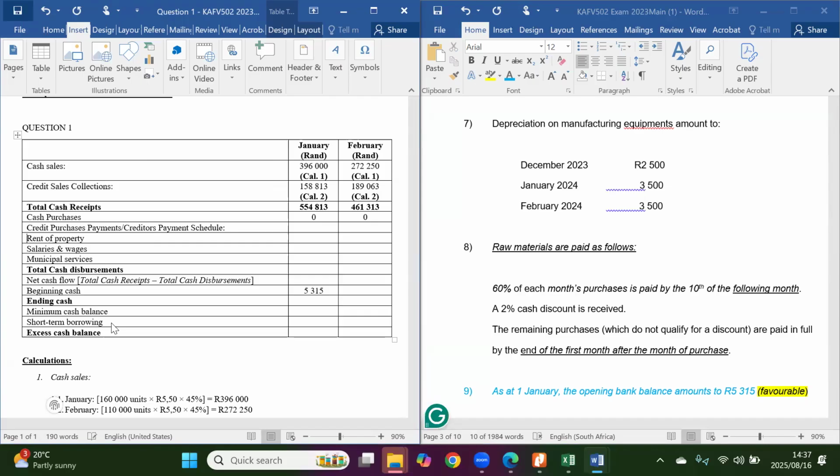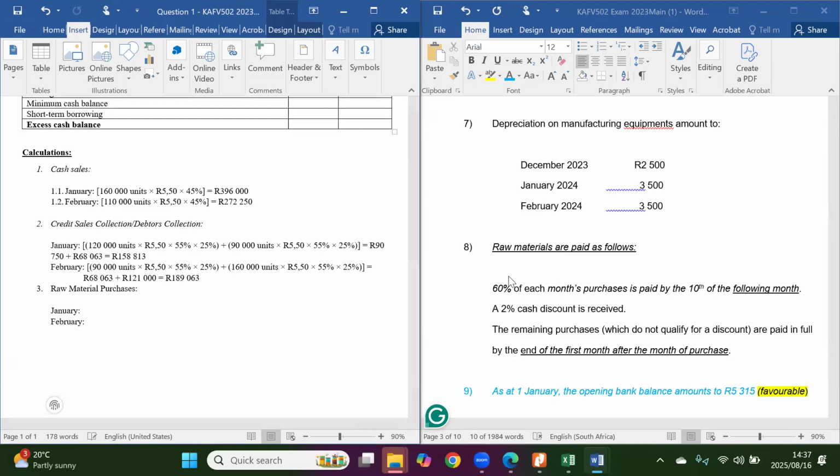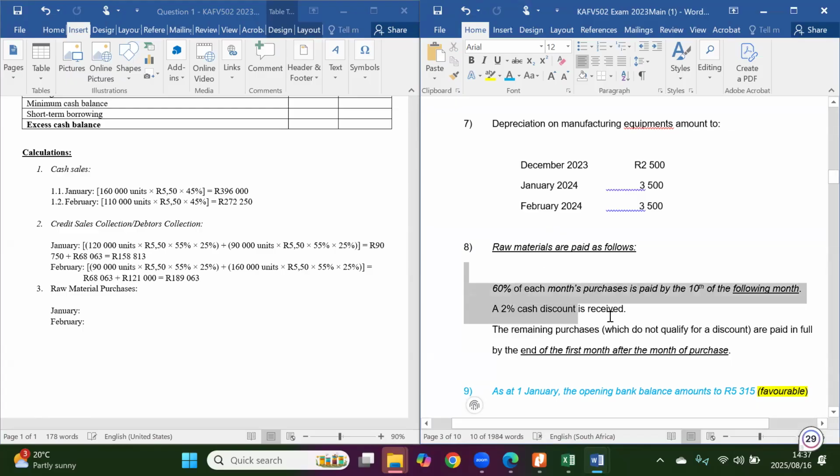So now let's start with January, in fact, from November and see what is going on. What is going on? So with November, here's the catch. For the November purchases, all of it will be paid for in the month of December. It's simple logic like that. Are we together? Whereby the 60% portion, it will be discounted for